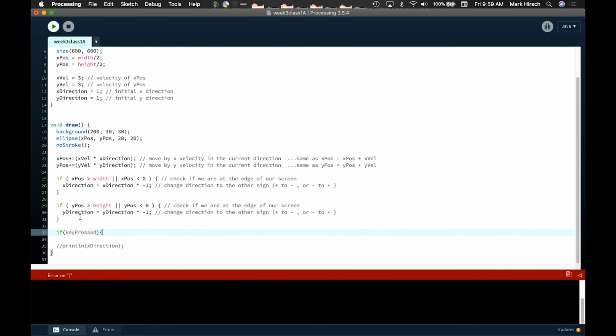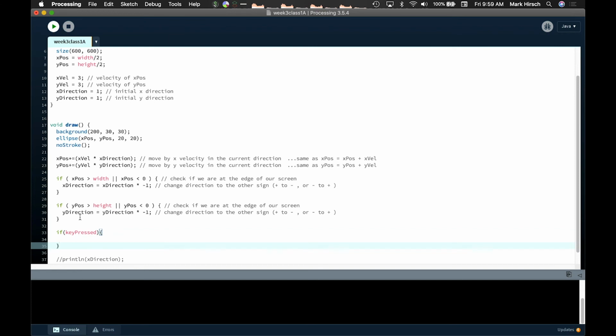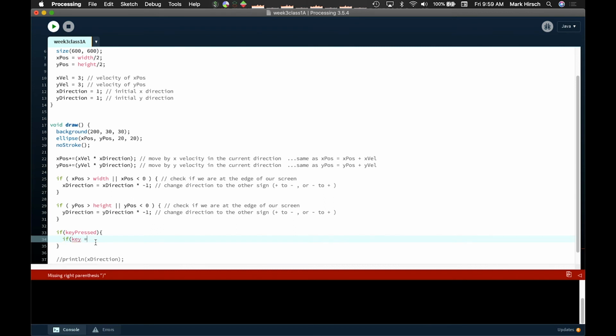So that is Processing's built-in way to check if we have pressed a key. All right, so now we need to actually check what key it is. So if the key that we pressed is equal to X, so we put it in a single quote here. If that's equal to X,